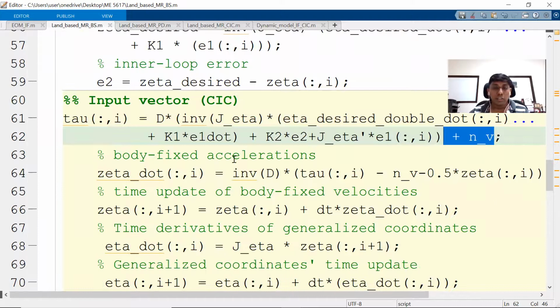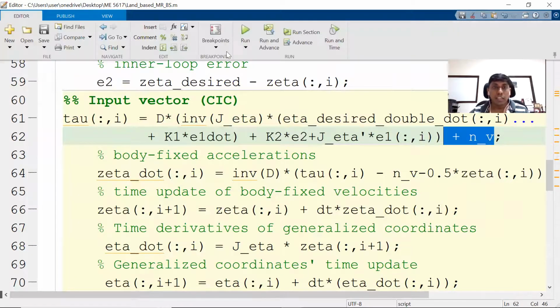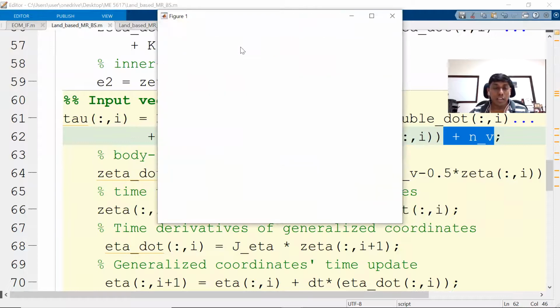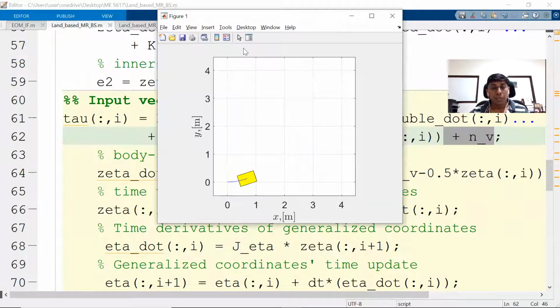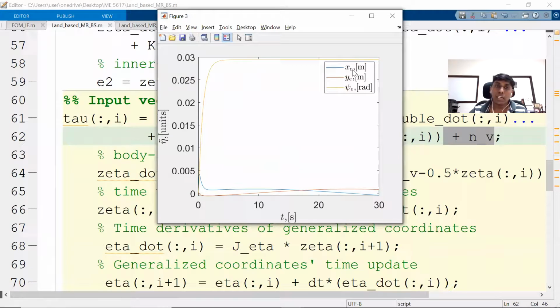Now based on this, we can see with friction and without friction, all those things we can try. You can see the same profile we have given, but the only thing is, instead of 30 seconds, I have modified that to 63 seconds. So now this control loop will be doing good. With that, I hope you are happy with this. You can see that because of the friction, it is there.